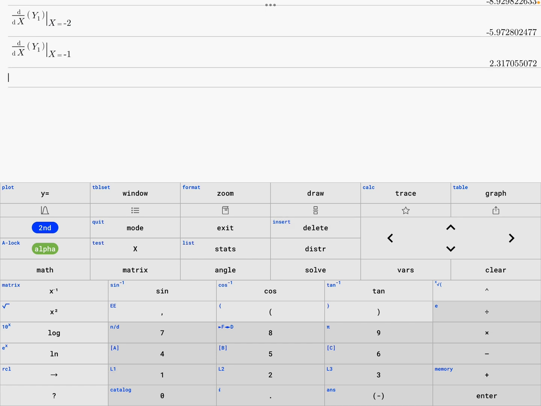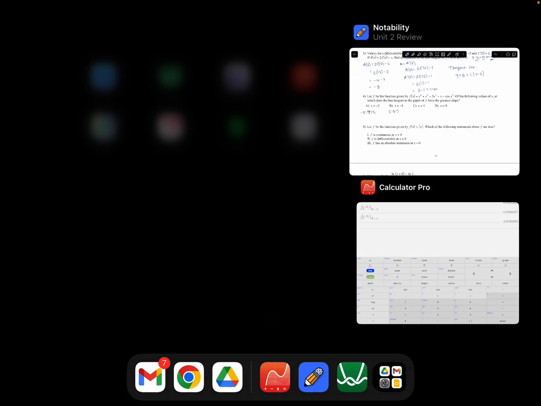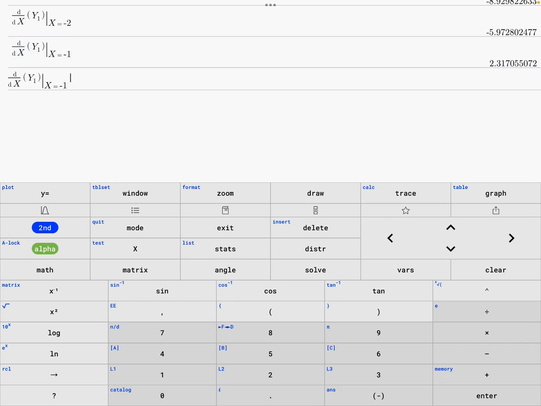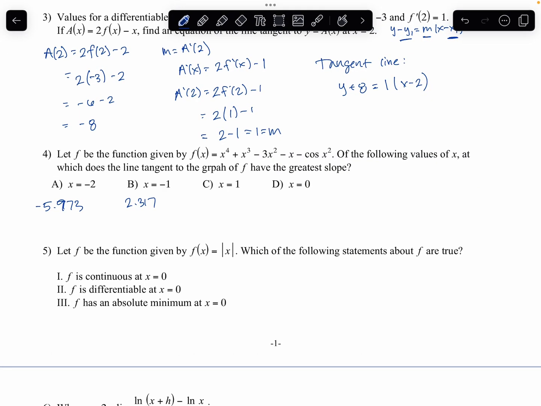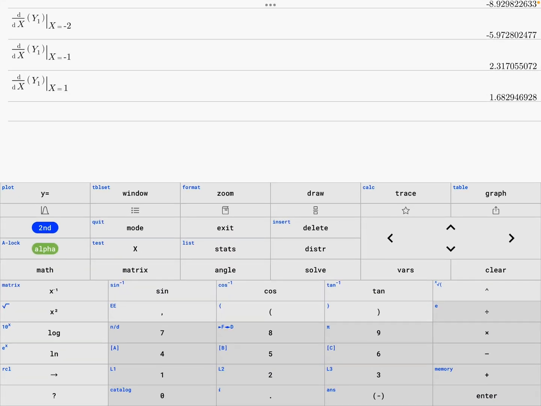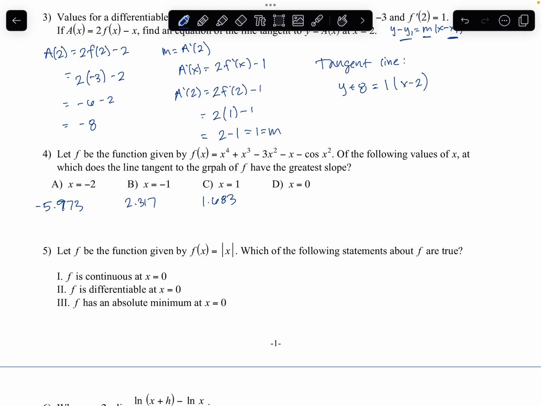-1, do enter, 317, and then copy it back down and do 1, 1683, and for 0, that's got to be 1 then, right? No, maybe. -1. -1. Okay, and so